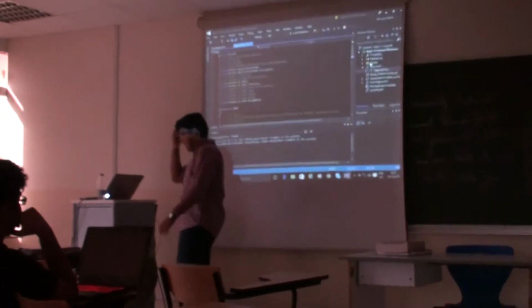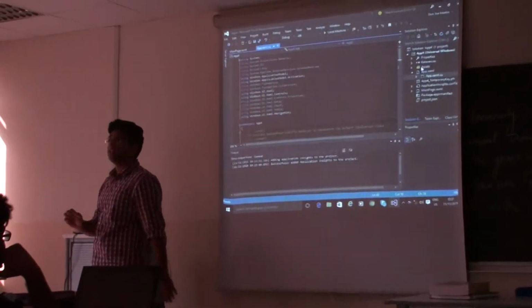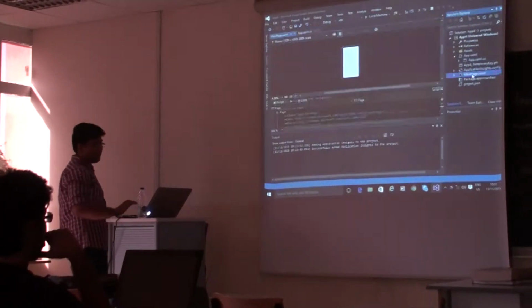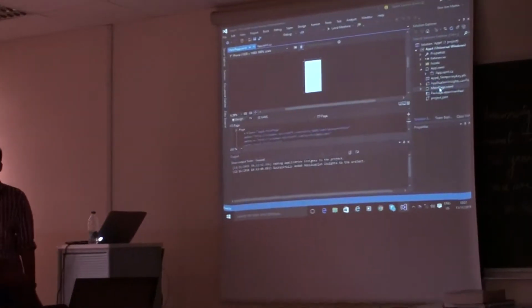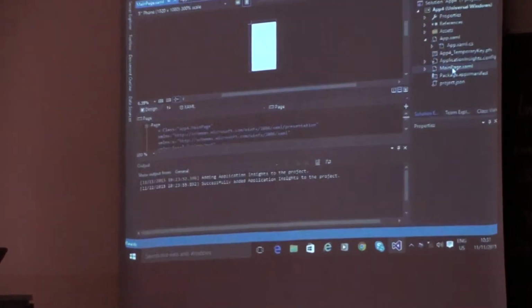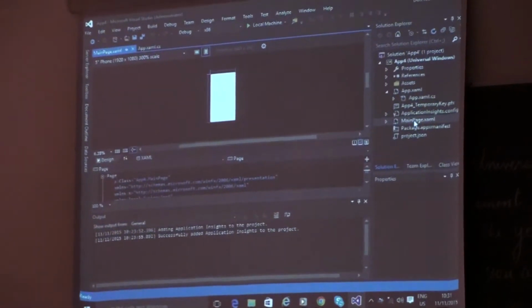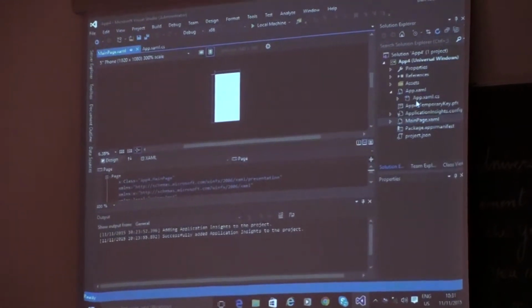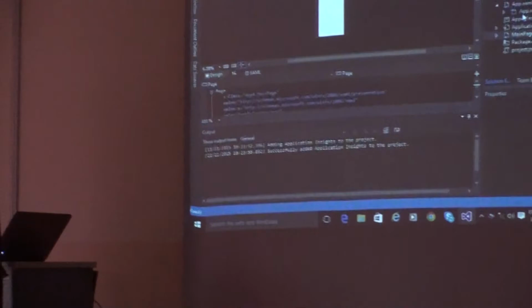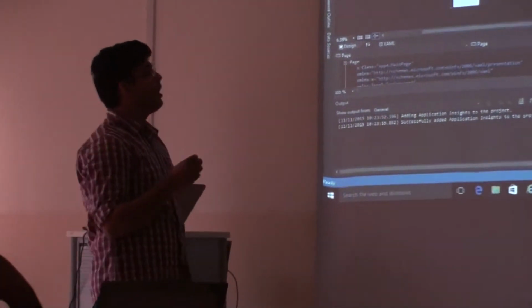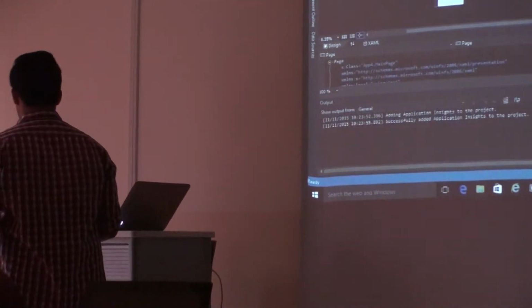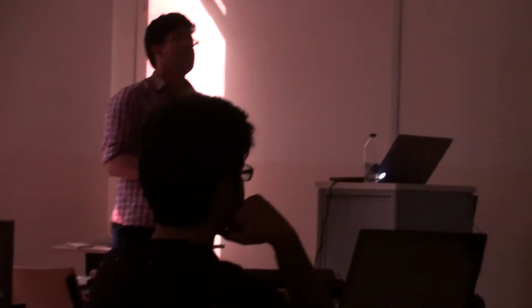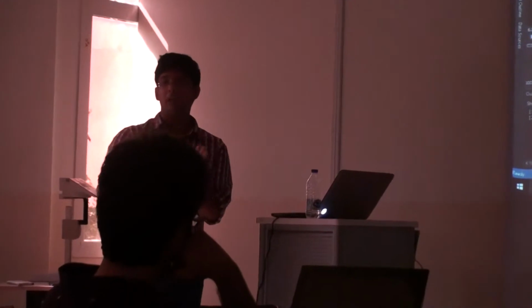Once you first create an app, by default, there will be a MainPage.xaml created, right? Every app needs a main page. The reason we are insisting on having a main page is that inside your App.xaml and App.xaml.cs, the template code that's already there by default contains a few built-in functions for the main pages. As in, once you first open the app, it should open up to the main page. So that part is already written for you. You don't have to change that.